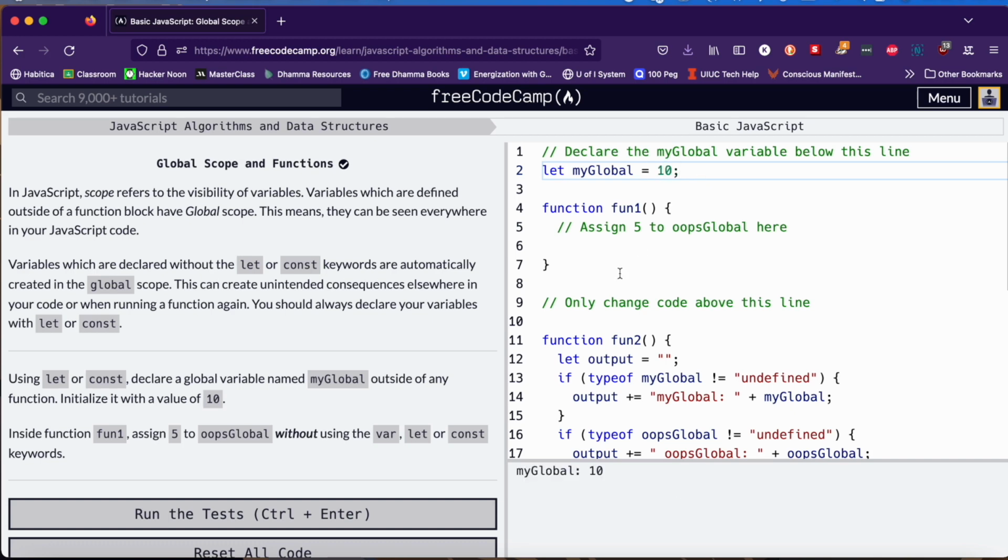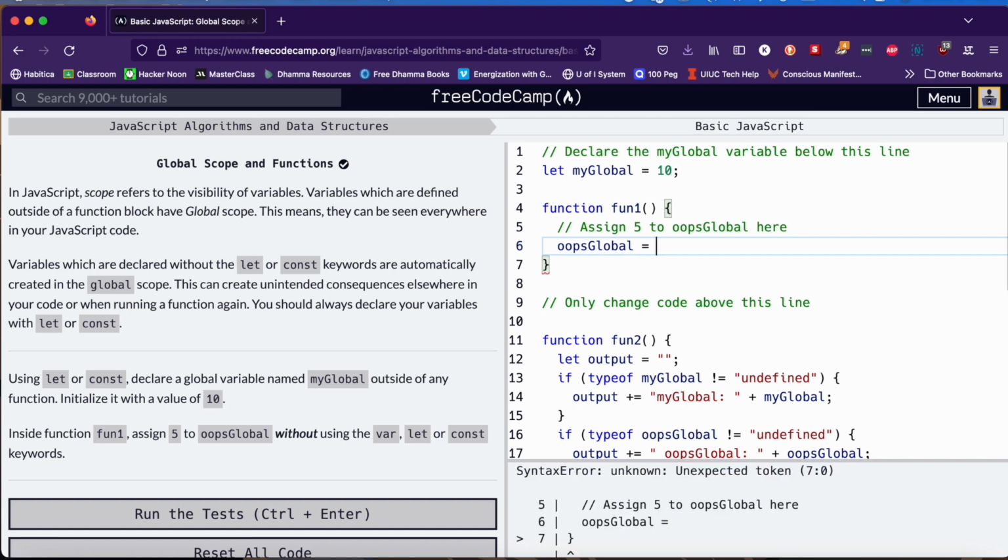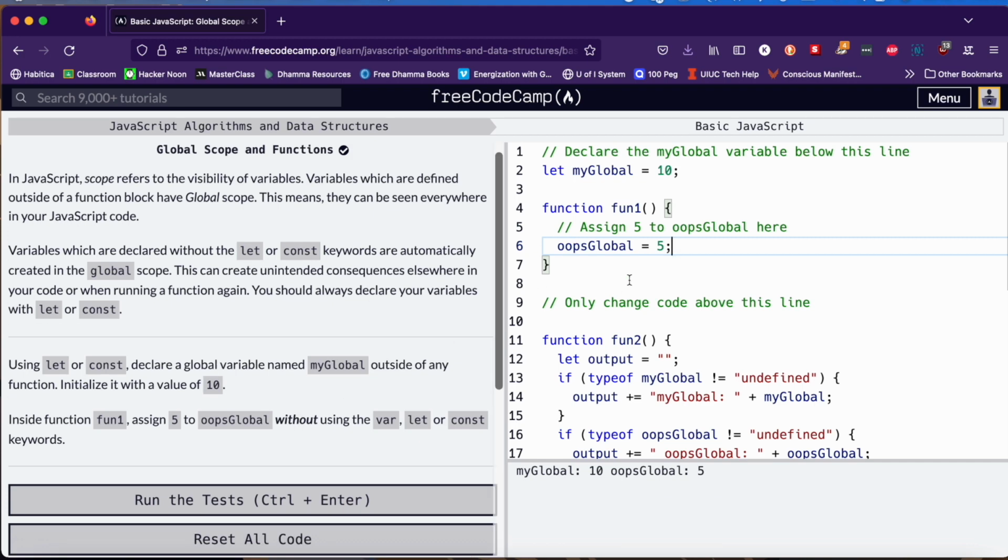But oops, if we make the mistake and inside fun1, this function, assign 5 to oopsGlobal without using the var, let, or const, this will also be global, but not in a good way. We don't want to initialize global variables necessarily in functions unless we absolutely have to, but most of the time we do not want to do that. It would be considered not the best practice. oopsGlobal = 5;